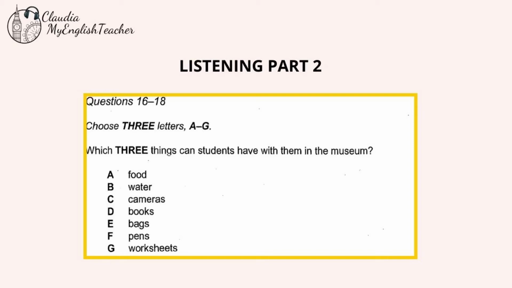Now, as you can see here, from question 16 to 18, you've got 7 letters from A to G. And you've got 7 different words. Yes, in this case, it's 7 nouns. Now, in the listening, you might not hear these words. So they might not say food, water, cameras, books, bags, pens, and worksheets, but they'll probably use a synonym. For example, instead of saying people have had some food, they might just say people have had something to eat. Or instead of saying people are allowed to carry cameras, their own cameras in the museum, for example, you